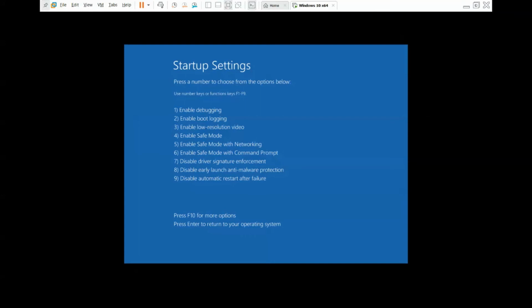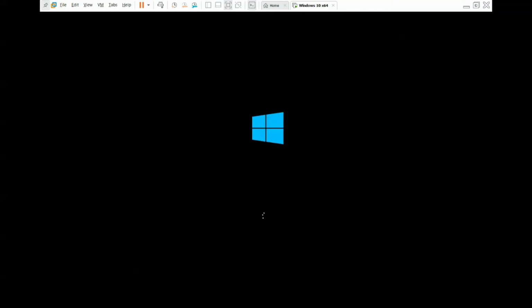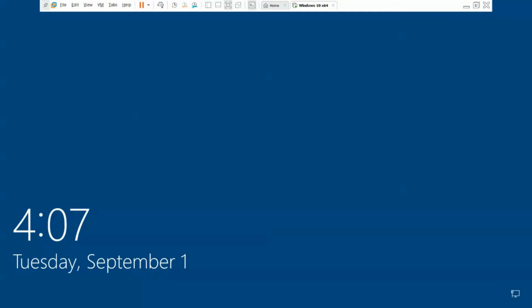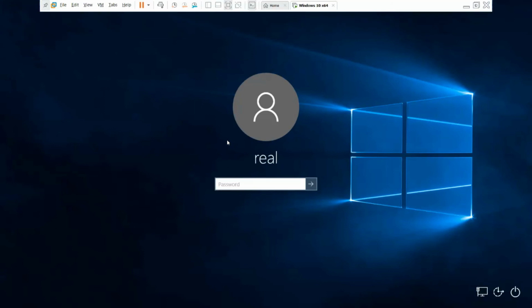It's the seventh option, so I will press F7. Okay, I am going to press F7. I can even press 7. So I have pressed F7 on my keyboard, and now Windows 10 is being restarted. When this Windows reboots, my driver signature enforcement will be disabled.